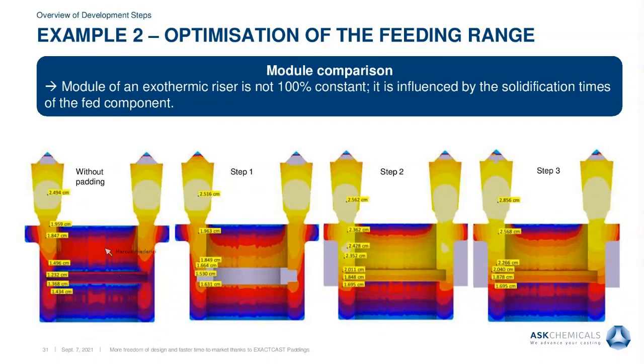That also means your thermal modulus of the casting becomes a little bit higher and higher, even though you don't change the geometry itself, but just put more energy inside,